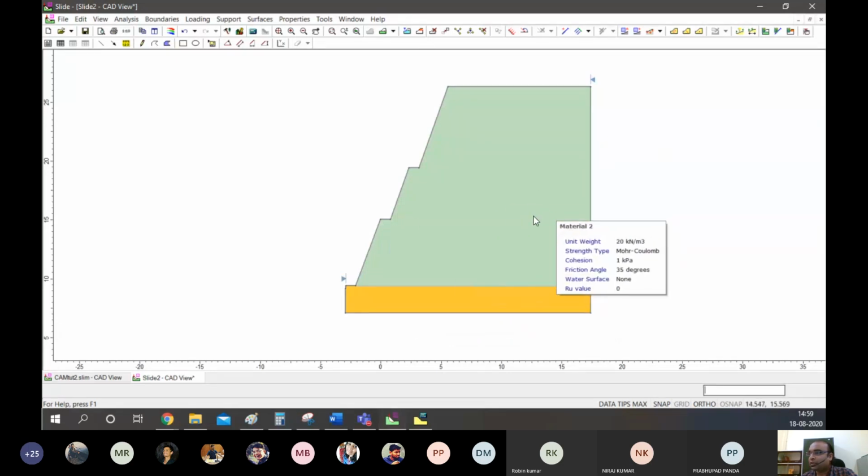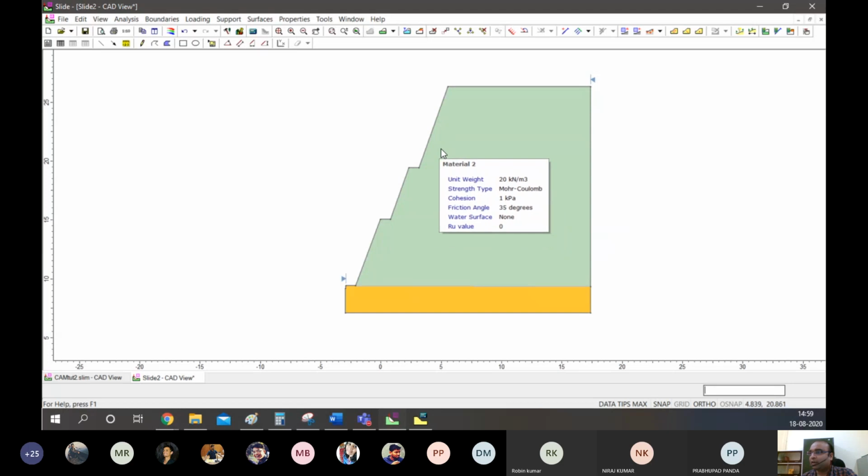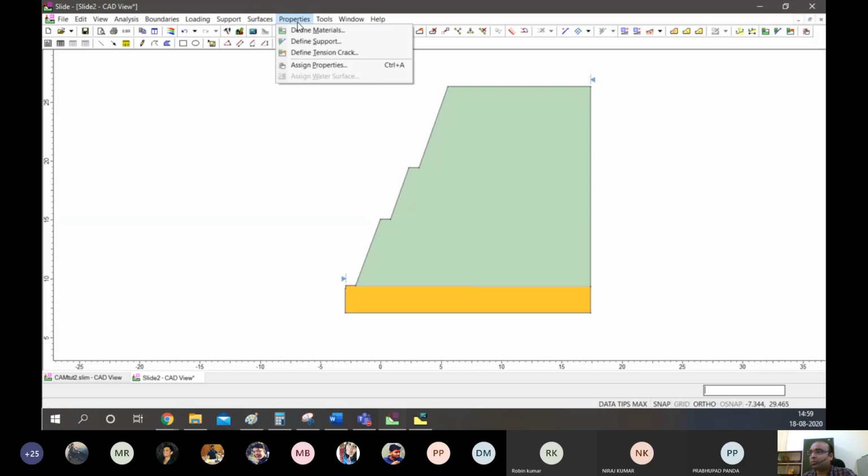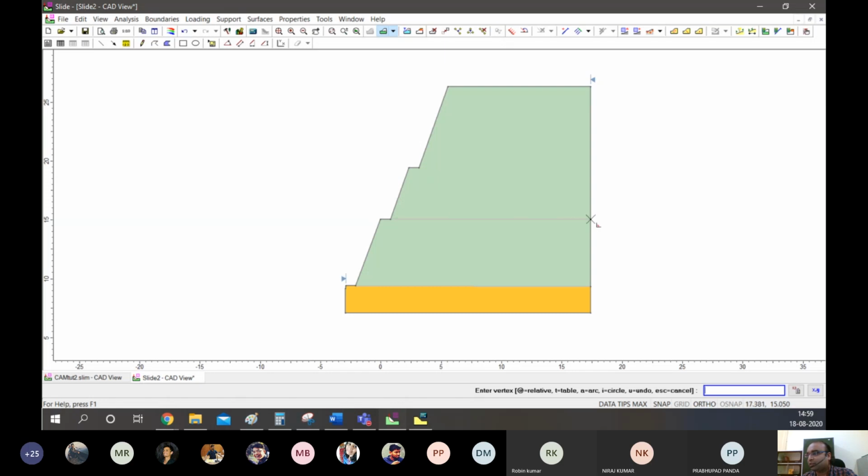And once we reach here, we will make a separate pile, and the other step will be a separate pile, and so on. So that's how this kind of dump will be made. Its properties can either be defined separately for the 3 layers, because the level of compaction will be different, or we can do it in a single one and average out the properties. That is also done in many cases.